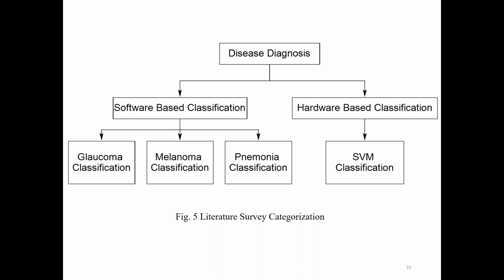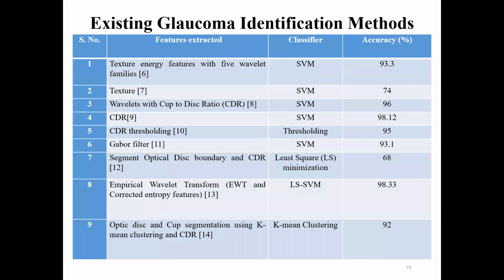And for hardware-based classification, particularly support vector machine, SVM classification, this is what we observed in the literature survey. And this is the summary of the literature survey for the glaucoma identification method, where we tabulated a few